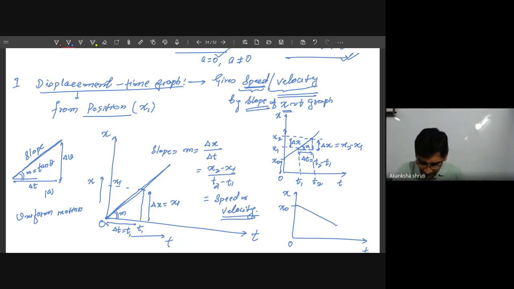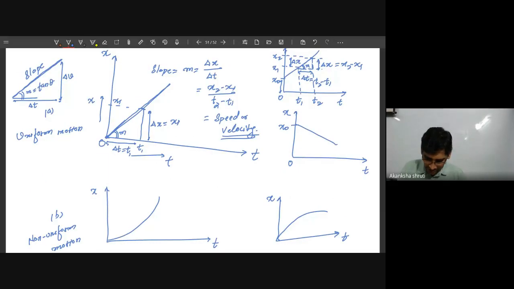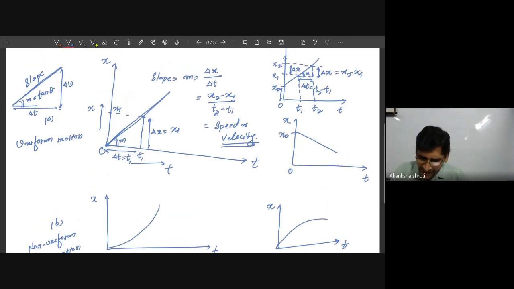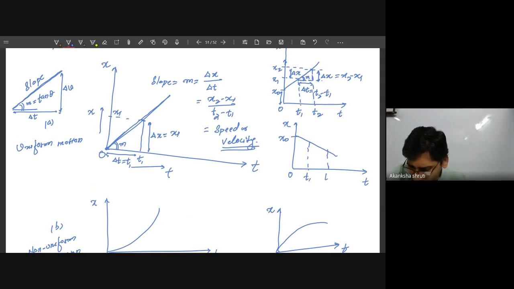And if the graph is given, then the velocity can be calculated. How to calculate velocity? Velocity is always calculated over a certain interval of time. So we have to take a certain interval of time, whatever plot you are taking, whether curved or not curved. Even if I am taking this one, I am interested in calculating the slope in this interval, say t1 to t2.